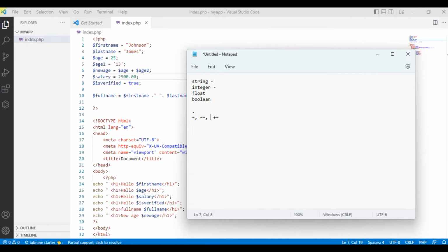Let me put a comma here for us to see that they are separate entities. Then we have minus equal to, and some other ones like less than, comma, greater than, comma, less or equal to, comma, greater or equal to, comma,